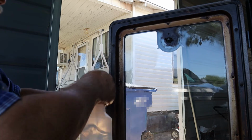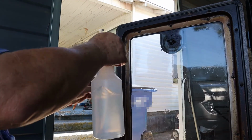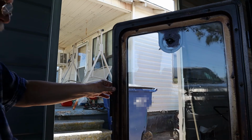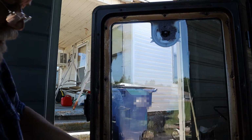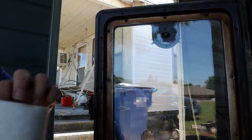I think it came pretty clean. And that is nothing but water and Dawn dishwashing liquid. And I imagine any of it will work. But I like to use the spritz bottle to rinse it and let that drain a bit. And then I get paper towels and